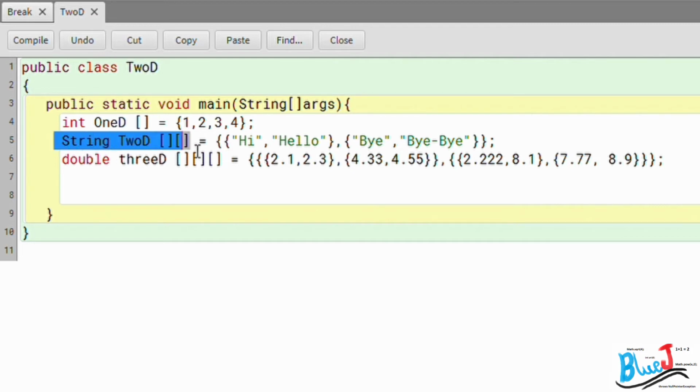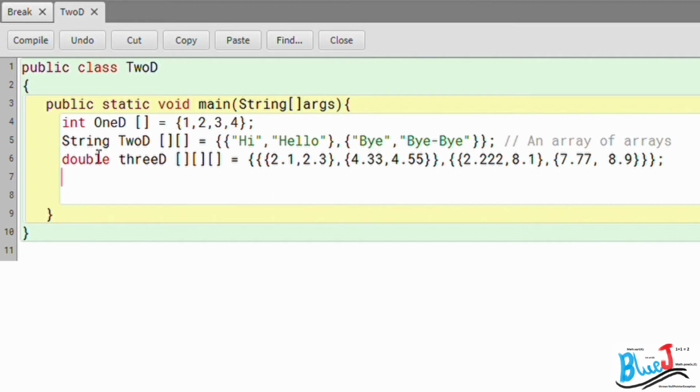The second array is a two-dimensional string array, and the first dimension specifies the two arrays in the outermost array, and the other dimension specifies the value in the array of arrays. So we can say that this is an array of arrays.